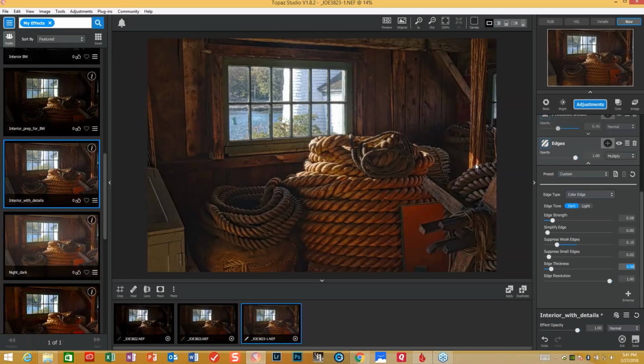What I really like about this approach to dodging and burning too is that normally if you use a dodge and burn tool, you can't go back and make an adjustment. But if you use any of the adjustments in this masking to achieve the same effect, you can always go back to that adjustment and tweak it to make changes. Absolutely. That's one of the things I hate about dodge burn in a traditional sense that I really like about using this method. Yeah, I'm real pleased with being able to do this, and using the tone curve, the curves, and